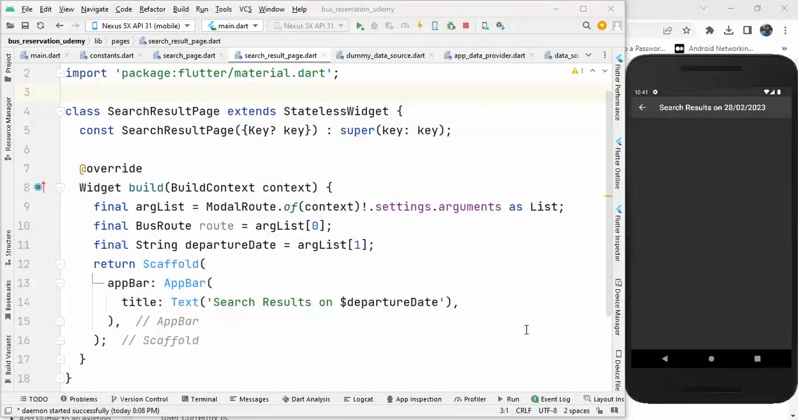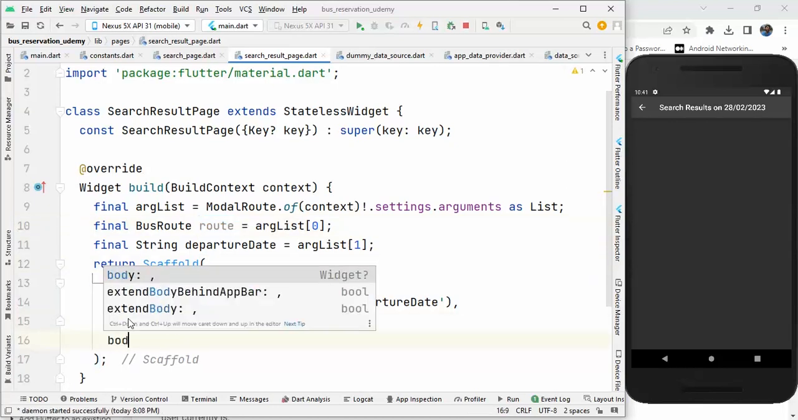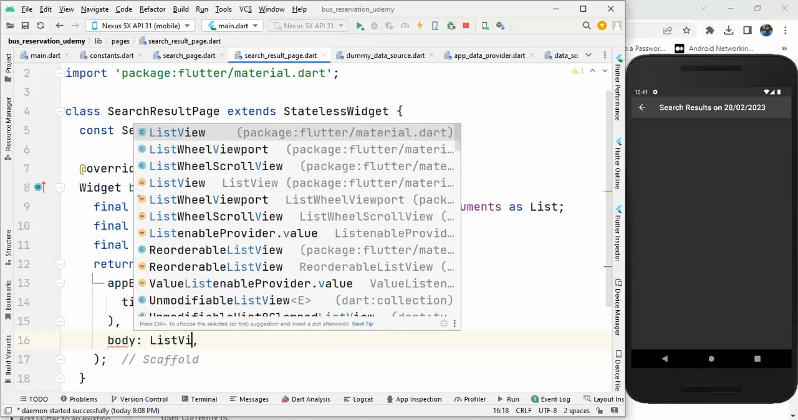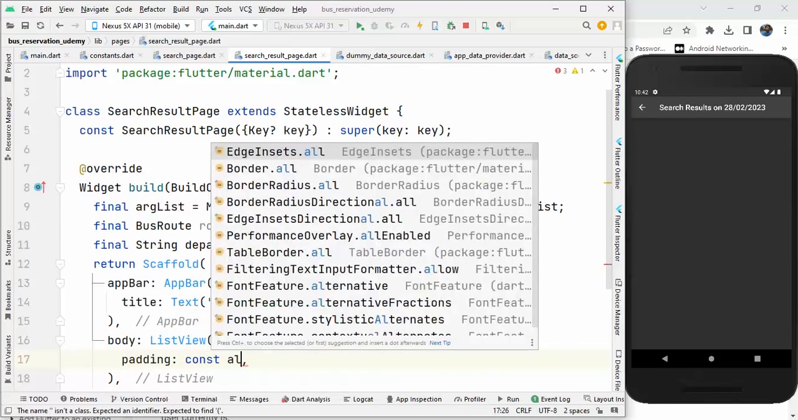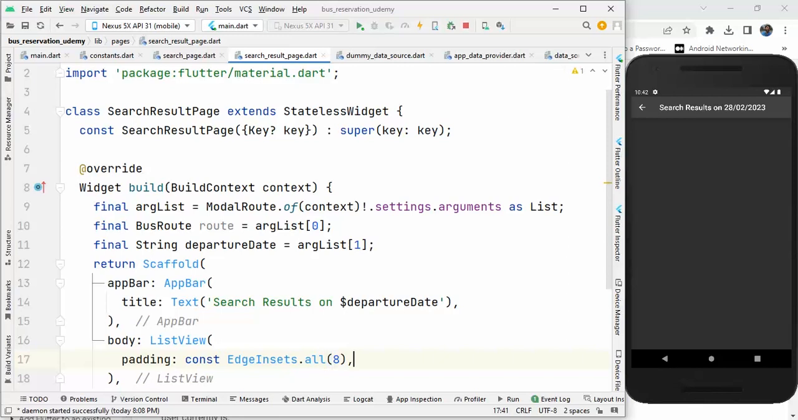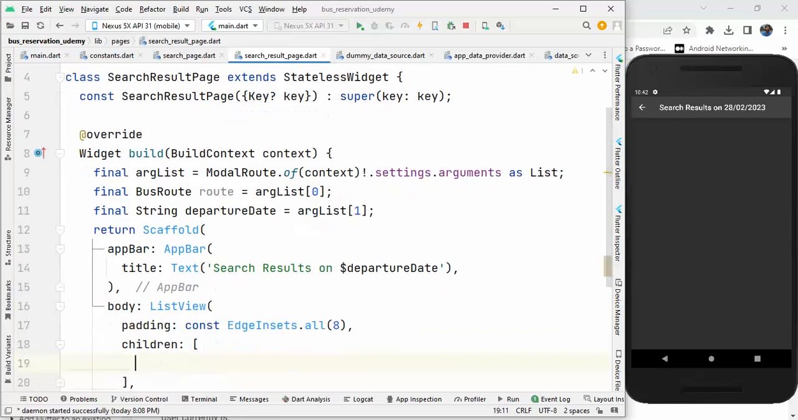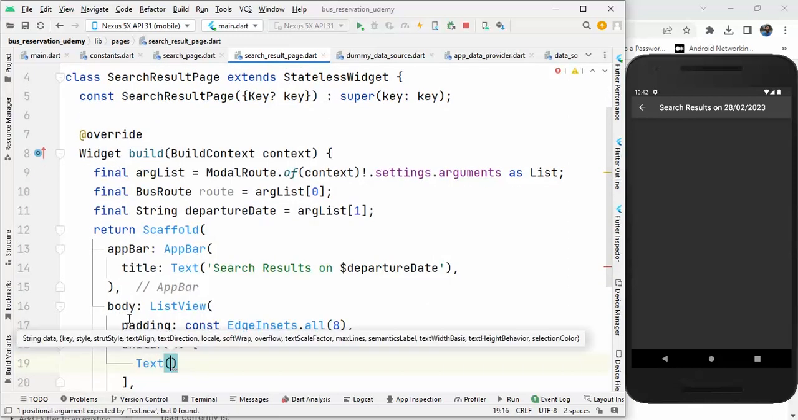Before I make another query by using this route object, let me have a body for this scaffold. For the body, I will take a list view and I will have some padding for this list view, and the padding should be a constant all, maybe 8 pixel. And as the first child, I want to show a text, and the text will show about the result, showing result